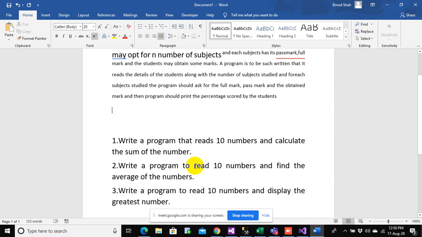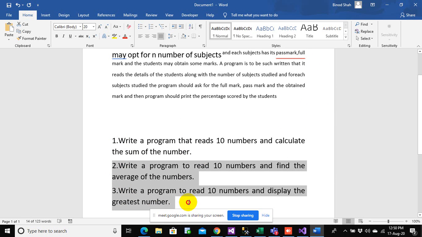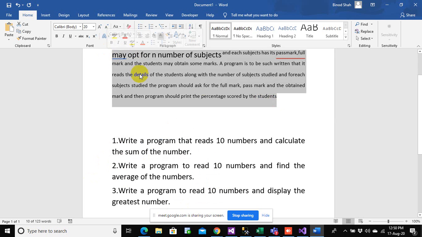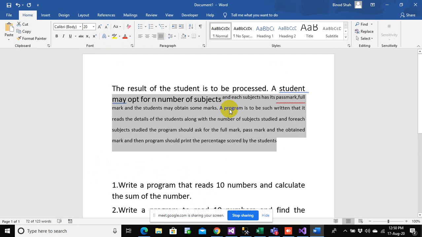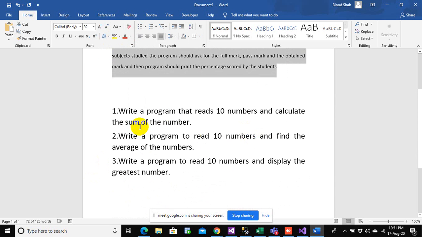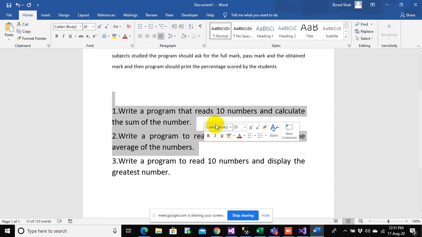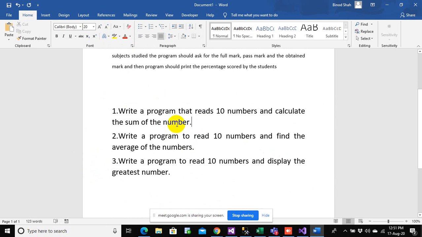So I'm going to solve the first one for you, and then I will leave the remaining to you. These two questions along with this one, you have to try out, and then you can revert back to me once you are able to do these questions. This question is a tricky one, but these two questions are somewhat easy to do. So out of these, I'm going to solve question number one.